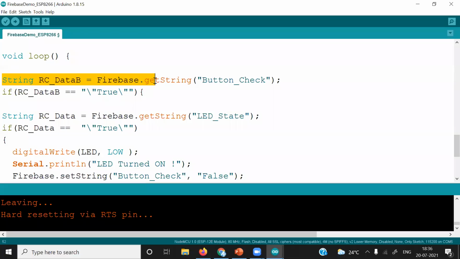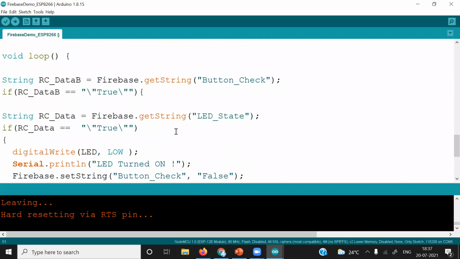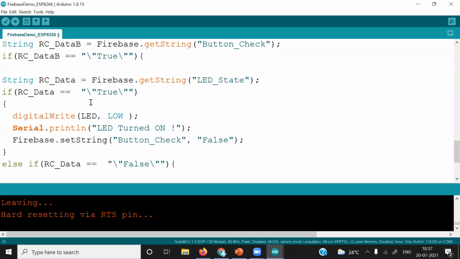So first thing we are doing is reading this button check, and if it is true, that means we have pressed the button, then we are reading the data, this object, this LED state. Then only we are reading it. Okay, then if it is true, we are turning the LED on, and we're just printing LED turn on.